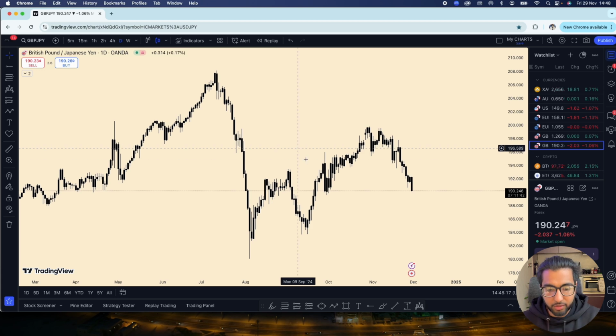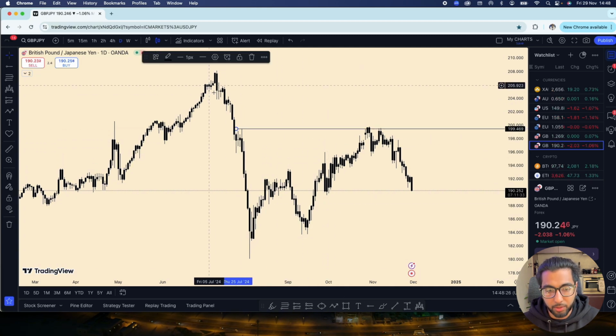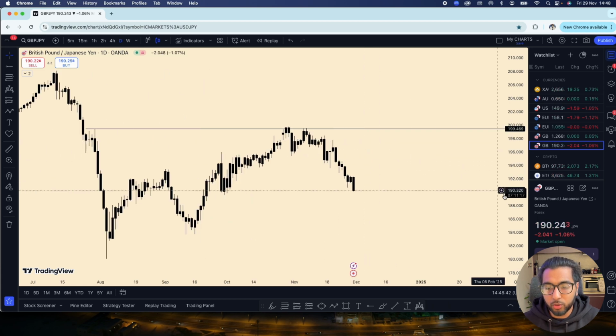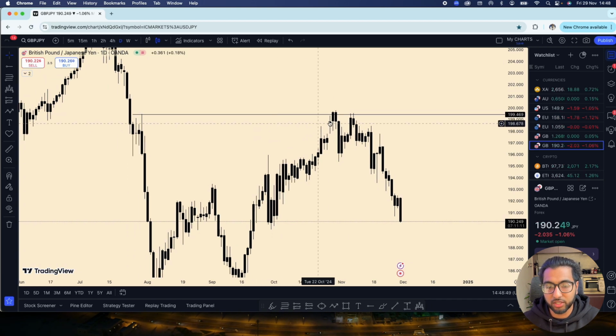And so let's have a look. Price came down, right? And you can see that price created a high right here. Yeah, price came down, created a little high, and then continued to go down. So this is like the leg, right? And you can see price came right back to this area, right? And look what it did, guys. It stopped out all of these sellers that were in this trade.